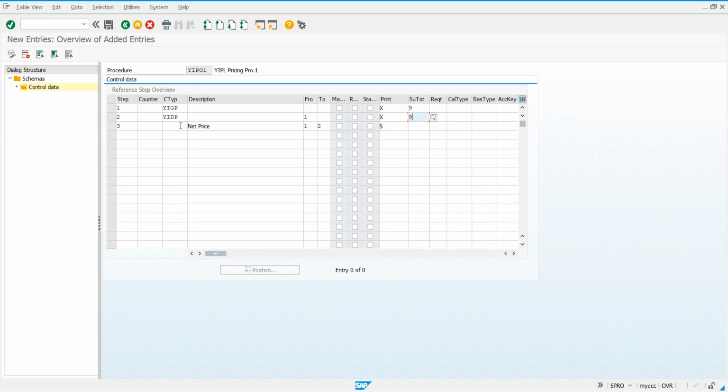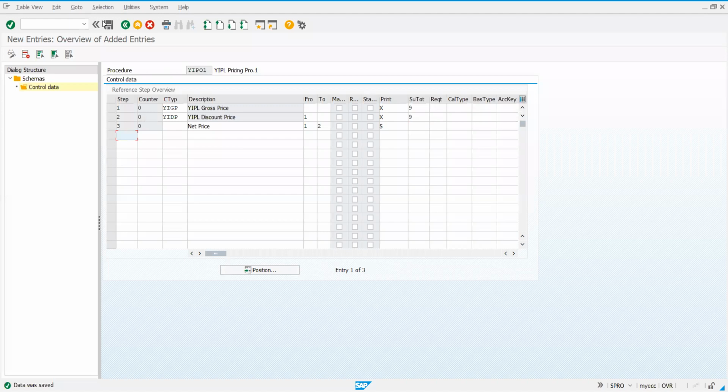You can add tax. If you are adding tax here, and you would like to go with net price and then tax, then in the next step you call this step 3. So 3 to 5, or 3 to 4 you are going to enter with tax. That's how you can create it with tax. Let us finish this. Then you can just give an attempt. I'll save it. So you can see now gross price, discount price automatically appearing. YIPO1. I have not made anything manual required, or for statistics. Let the system take. So 1, 2, 3: gross price, discount price, net price.